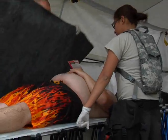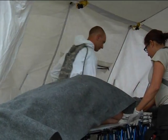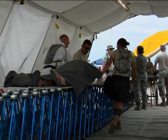This is absolutely the way ahead. I mean, there's no one service, no one component that can do this job. It's a very complicated mission, responding to a multitude of incidents. And no agency has the capabilities to do it alone. So if we don't train in this environment, we're not going to be able to be successful if we ever